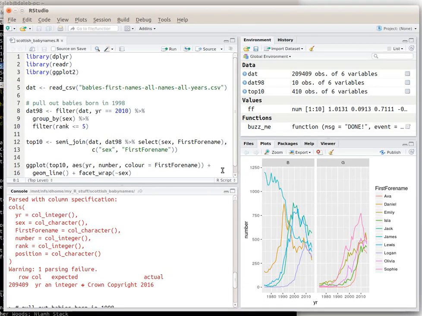Okay, this is part 2 of our introduction to R and RStudio through the analysis of Scottish baby names. If you haven't watched the first part, please go back and do that before watching this video. In this video we're going to introduce you to the RMarkdown